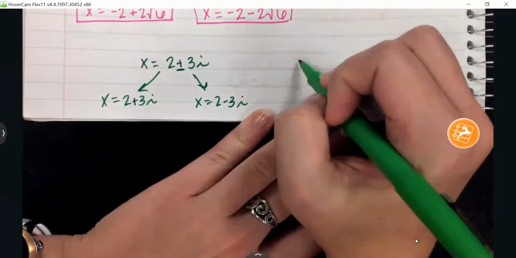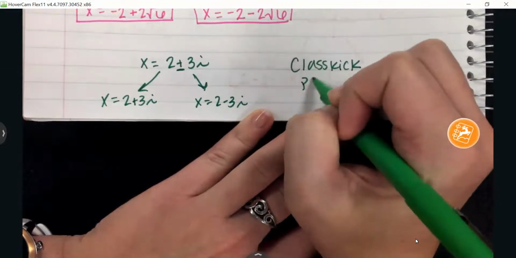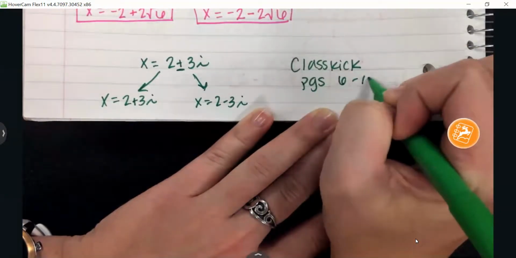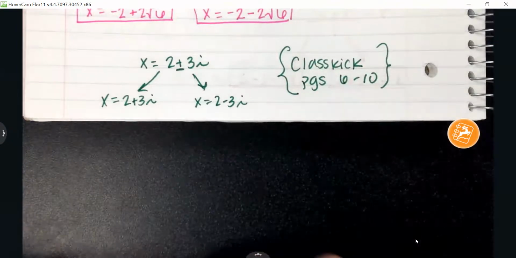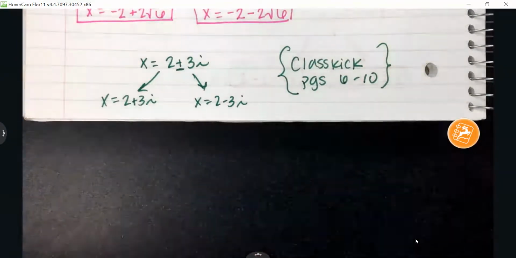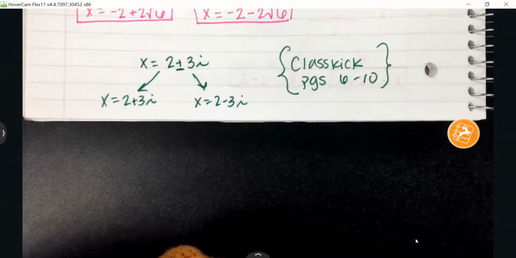Okay? Today, tomorrow, you will be on Class Kick. We are working on pages 6 through 10. I put them in the order that I think is best for you to work in, 6, 7, 8, 9, 10. If you are in second period,